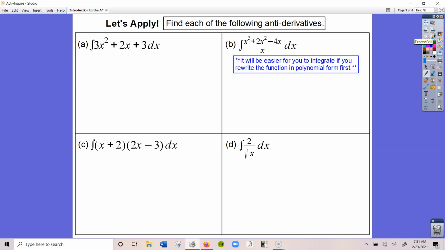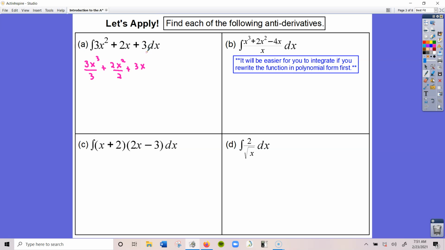First we want to integrate 3x squared plus 2x plus 3, another polynomial type equation. So we just add 1 to all of these exponents and then divide by the new exponent. So 3x to the third over 3 plus 2x squared over 2 plus 3x, because here we have a constant,